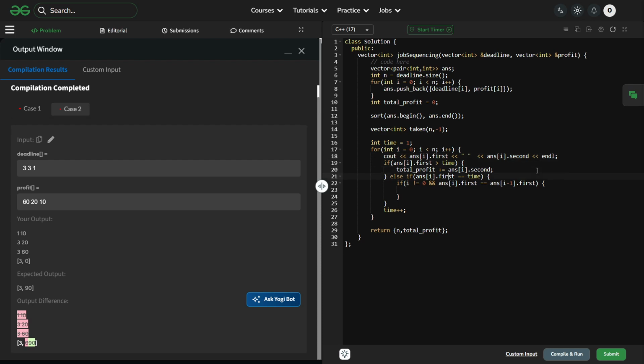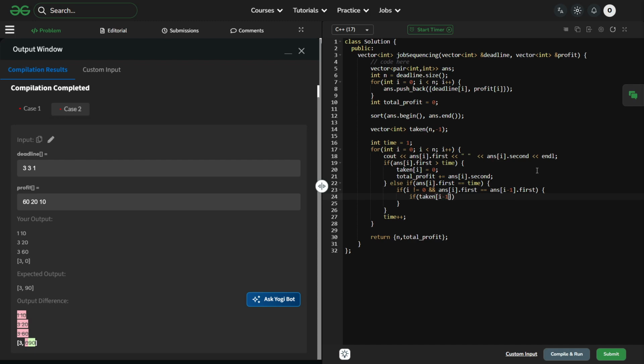If answer size of first is the profit, and we have taken the value of I as 0. So suppose that's not the last element and the time is equal to the element. So if taken of I minus 1 is equal to 0,